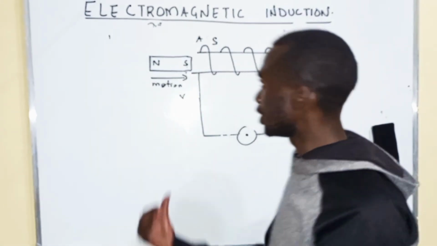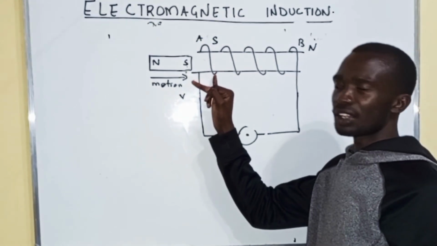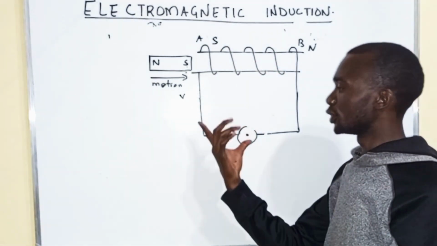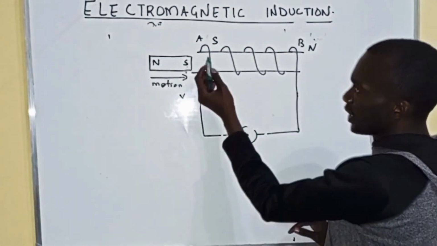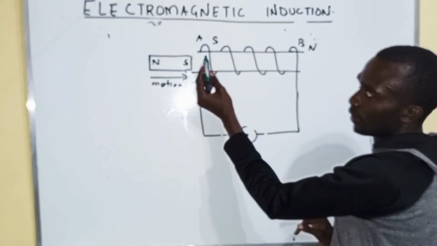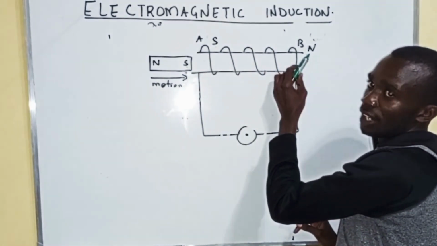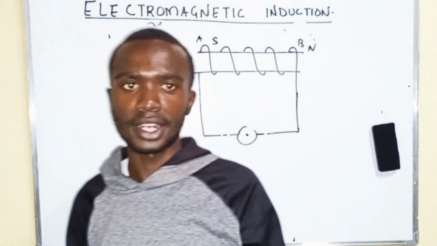The motion of the magnet is inside. Then the induced current produces a magnetic effect. So this South and North is the magnetic effect produced by the induced current. Now, the end A of the coil will acquire a south polarity, and this end is a north polarity. To determine the direction of induced current,